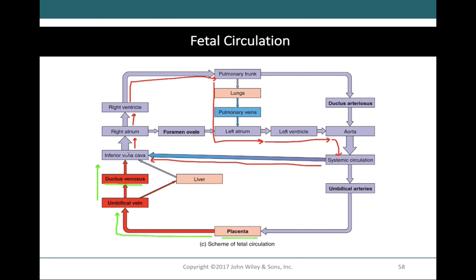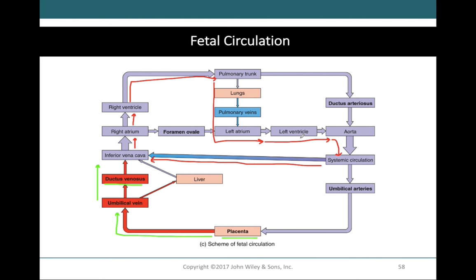Now, from this point, the inferior vena cava is going to flow into the right atrium and into the right ventricle, and we're going to see this pathway taking blood through the right side of the heart and through the lungs. And it is true that some blood will go through the baby's lungs. However, no reoxygenation is going to be taking place there. So it's not really necessary that blood goes through the right side of the heart, and that's why we have